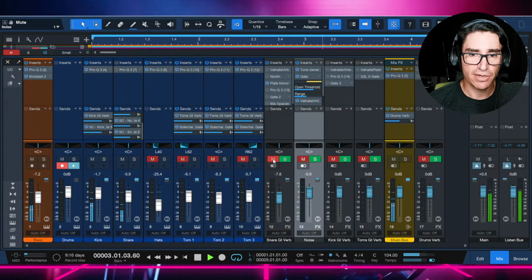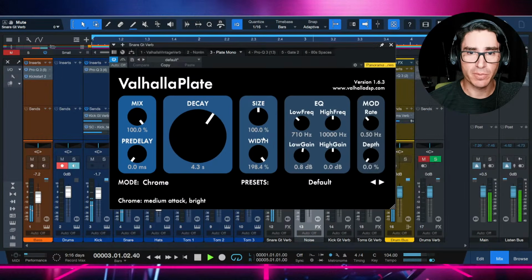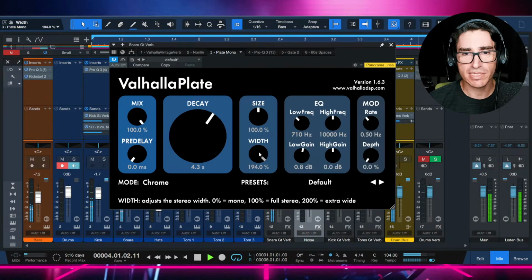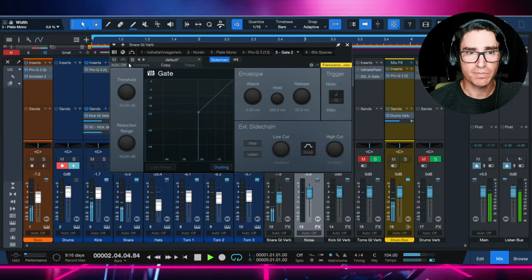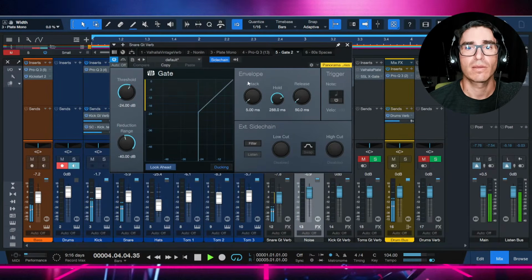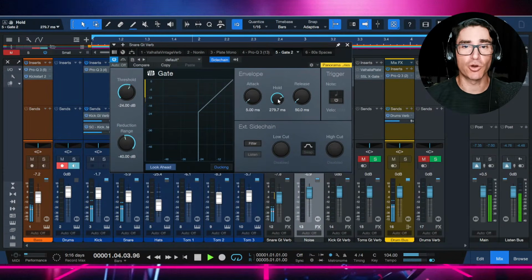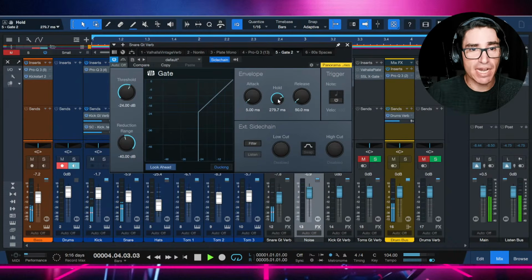Okay, my snare gate verb FX track is muted. Again, I really have to be very careful with what I'm doing here. Okay, this reverb can go from wide stereo to mono with this control. Now let's gate this thing. Cool. It works. If you listen to tracks from the 80s, you will find examples of gated reverb that's stereo,